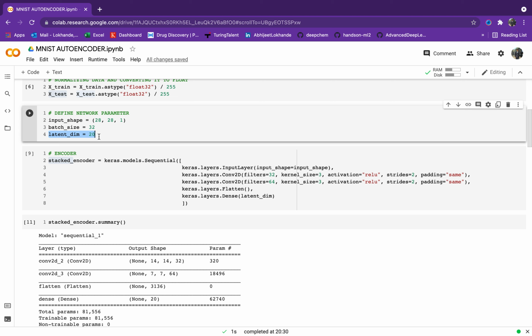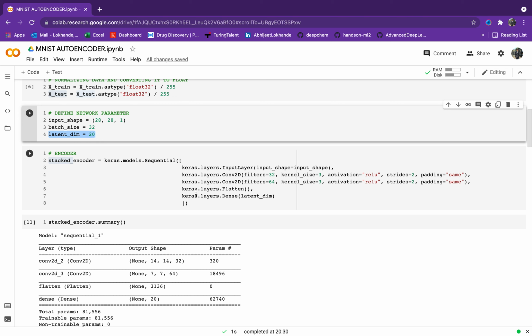So if your input contains 28 features or 28 columns, the encoder will represent it in the most useful way, using fewer dimensions, fewer features.